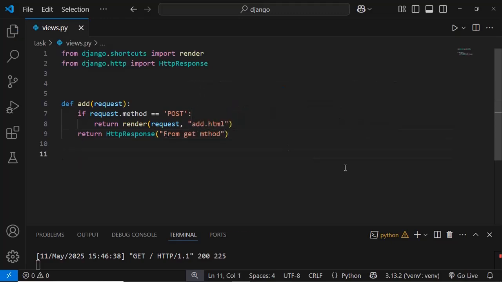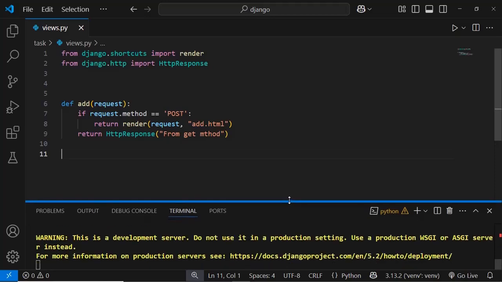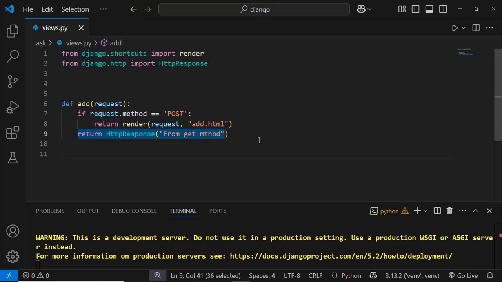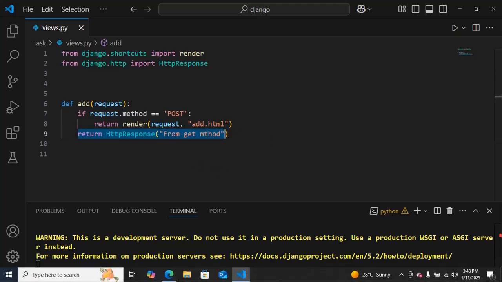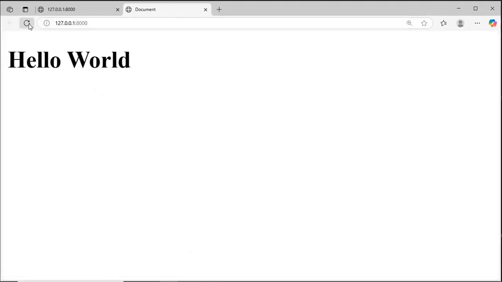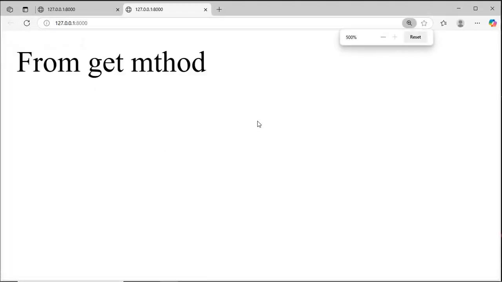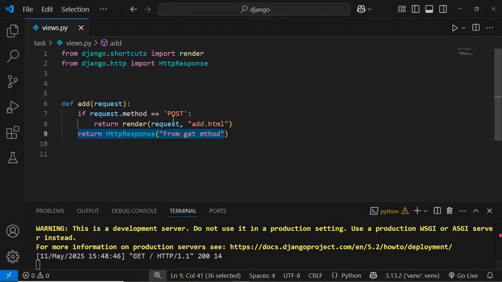Okay, so if you look here, we have implemented logic to test if the method being sent in the browser initially is a post method. We can return our HTML that says hello world, but if not, we are going to return this HTTP response saying from get method. Okay, so let's go straight to the browser and refresh. You can see we are getting from get method. Why? Because the method is not yet a post method, but it's still a get method here. So if we replace this post with get and save again